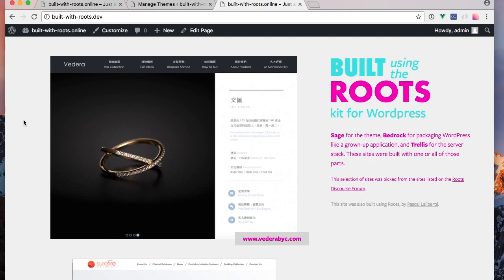Right. So the question is, if you've already got a site in production and you'd like to retrofit it for Roots, and how to deploy it again. I would set up a new server, if you want to keep with Trellis as the authority for defining how your server is set up. So I would create a new server, say on DigitalOcean, a $5 a month droplet would be